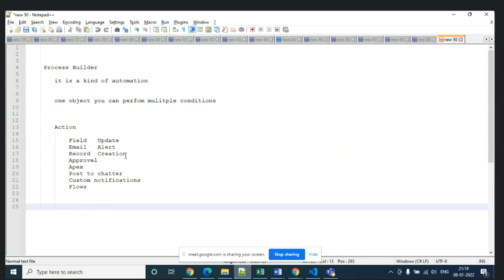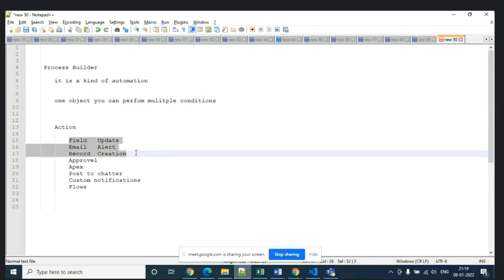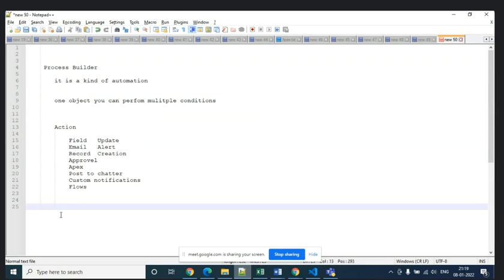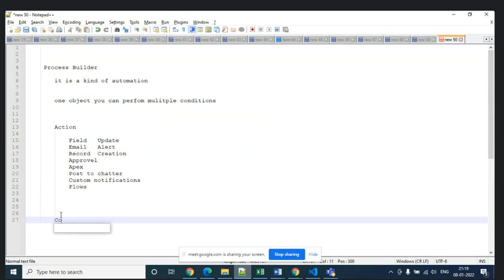Let's try some operations or examples on these few things. Let's focus on the contact object.